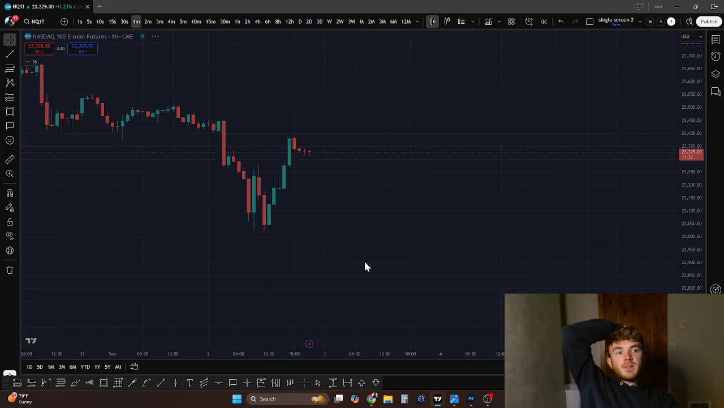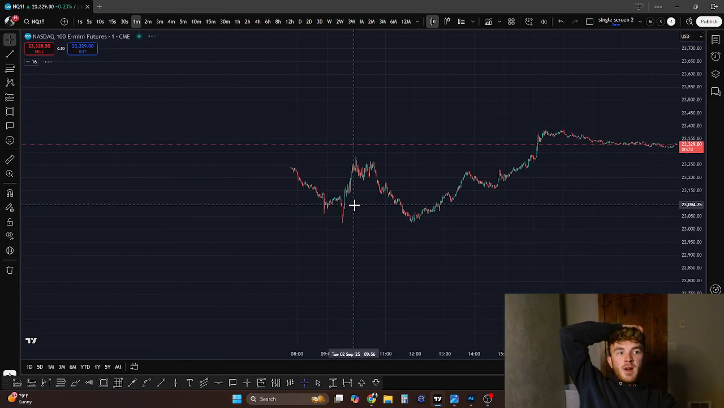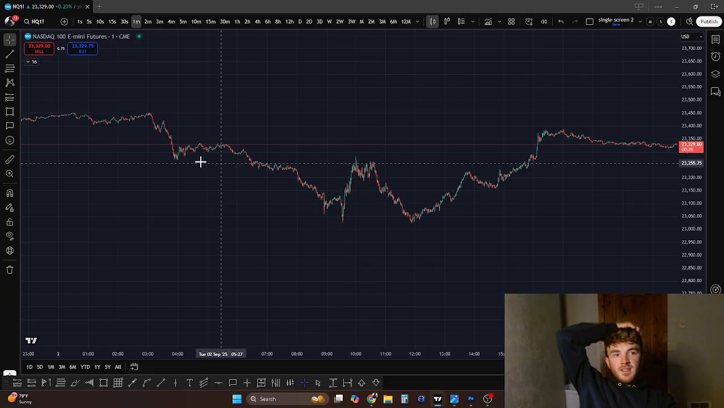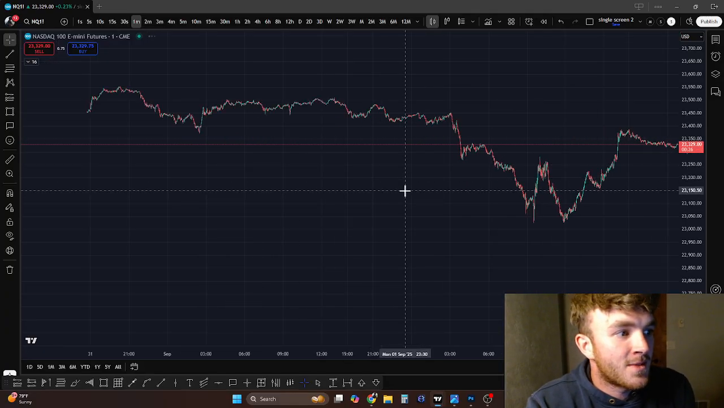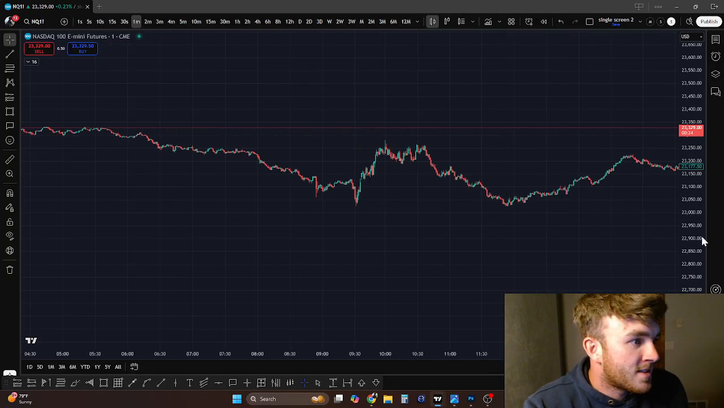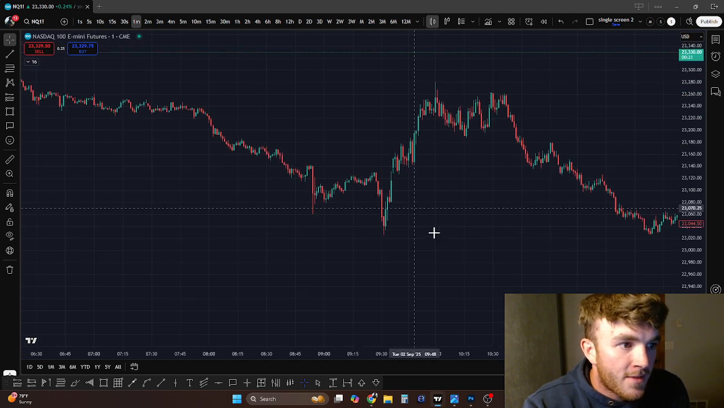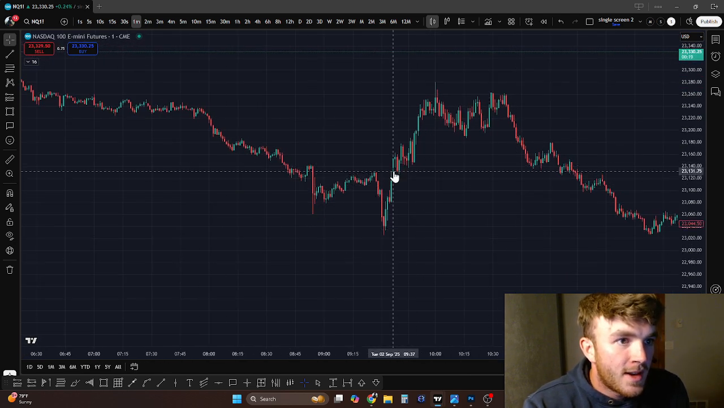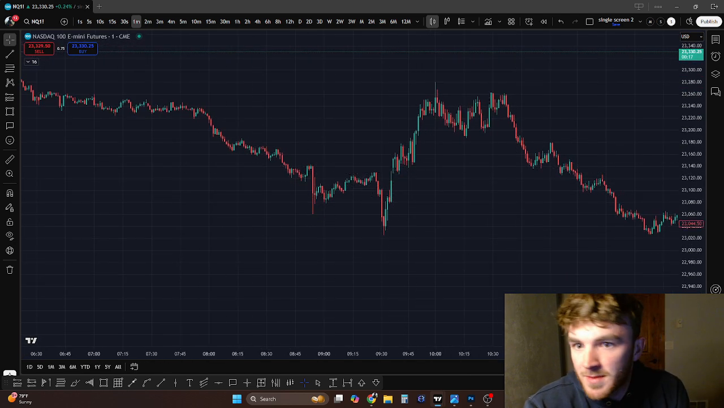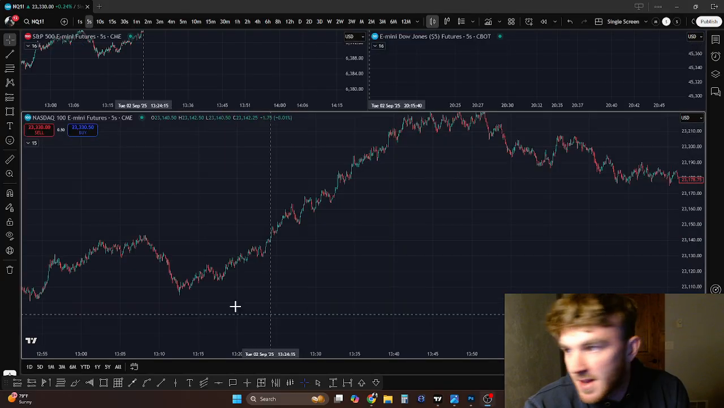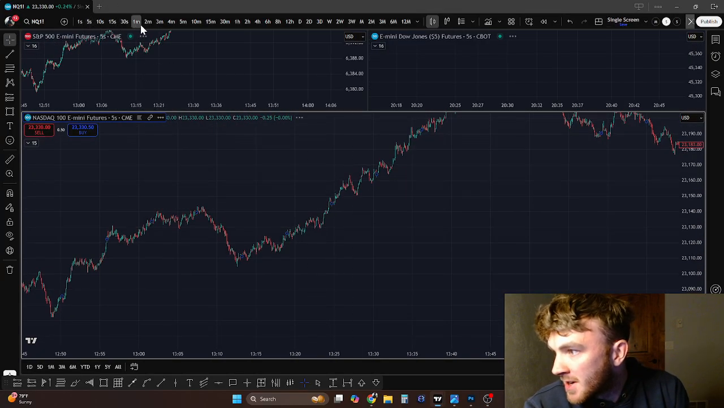My favorite part about today was actually the first presented fair value gap, and the reason why is, check this out, guys. We have the first presented fair value gap. It's actually kind of glitched on this screen, so I'm going to show you on the other screen. I don't know why it's like that, but if I go to the 1 minute chart here,